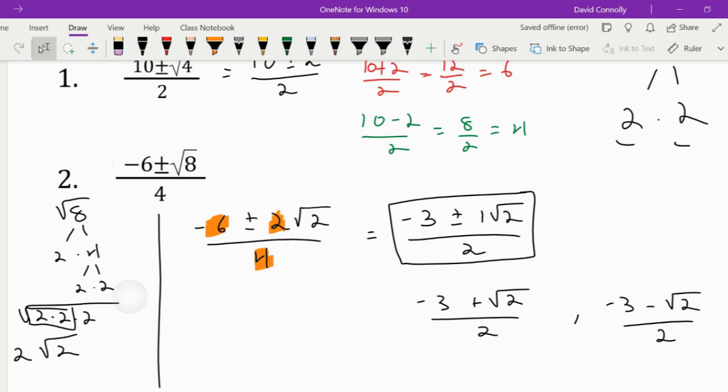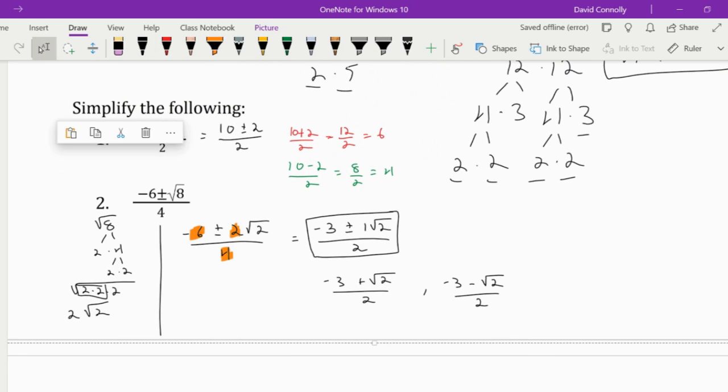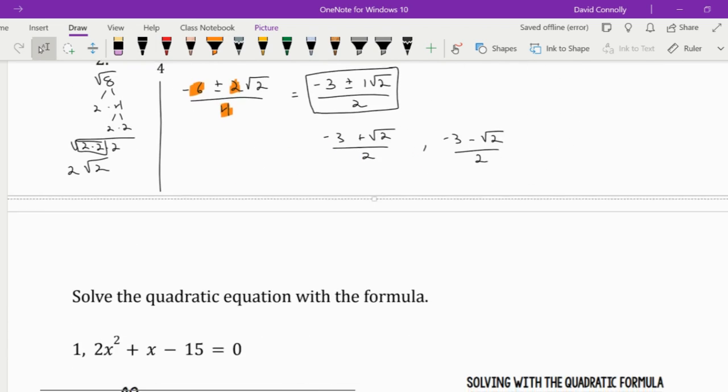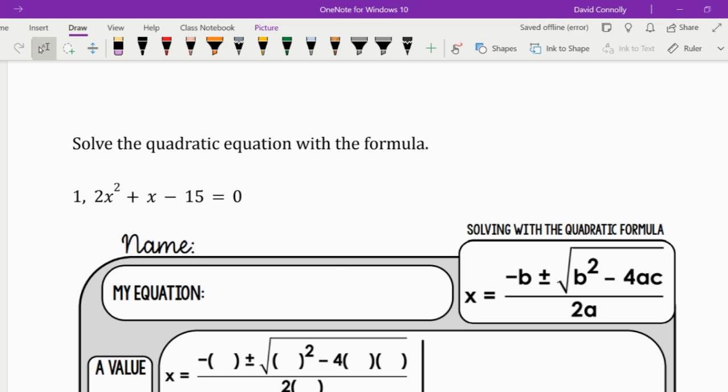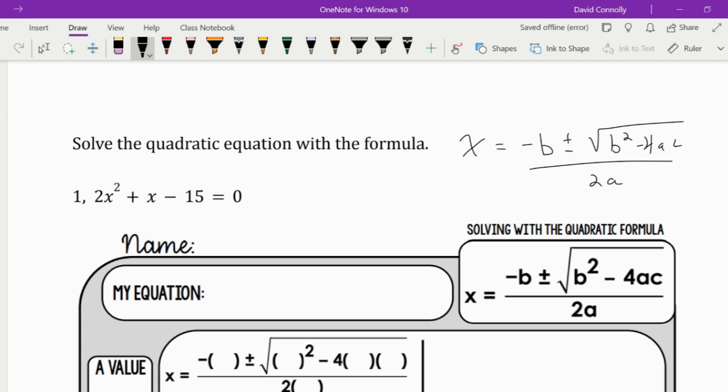So now we're going to look at how we can apply this concept to solving quadratic equations. And for that, we need to use the quadratic equation. So I'm going to rewrite that here, and I suggest you do the same. X equals -b plus or minus the square root. Okay, so what we need to know before we start using this quadratic equation is what the standard form of